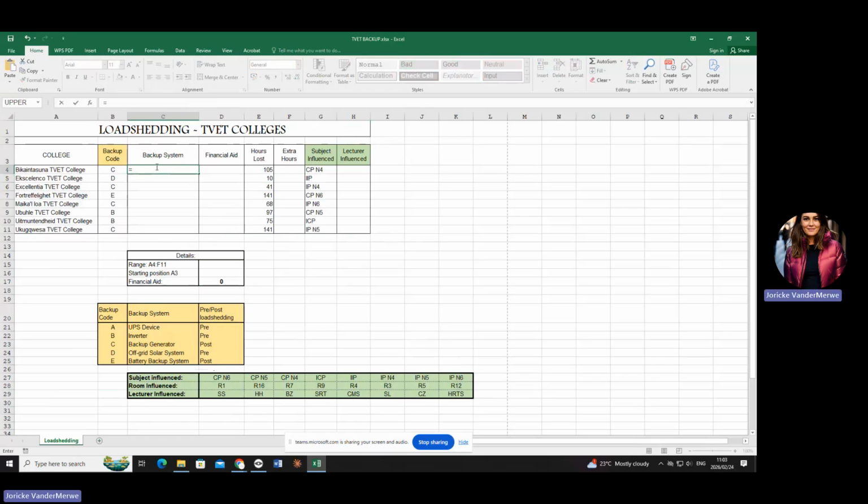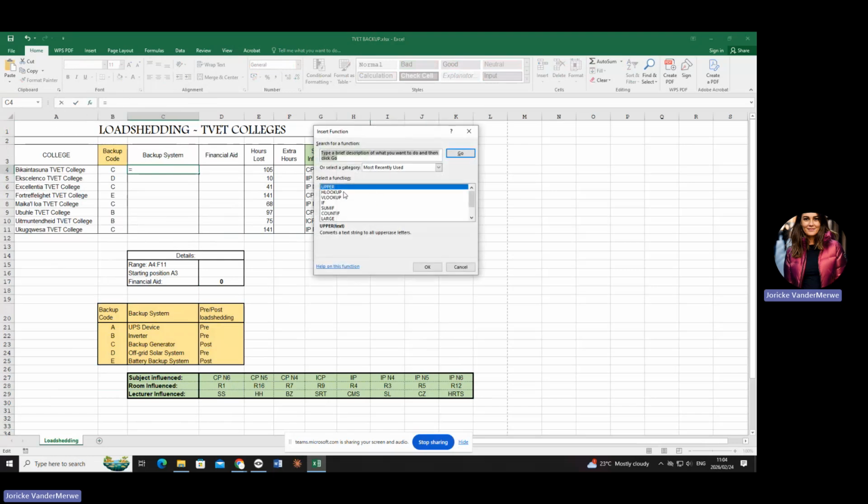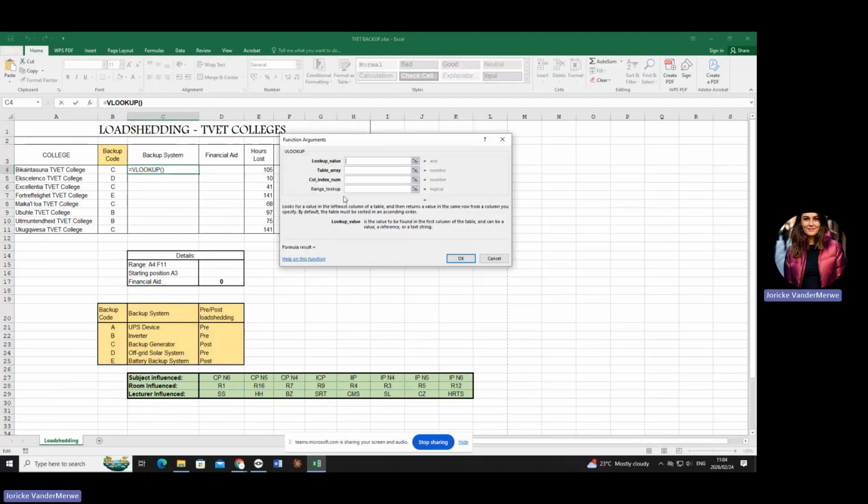Then they're asking you to use the reference table, okay, B20 to T25. In other words, they are asking you to use this whole table here for a lookup table, okay? So you're going to start off by saying you are using a what? A VLOOKUP. Are you with me? Yes? Can you see this?